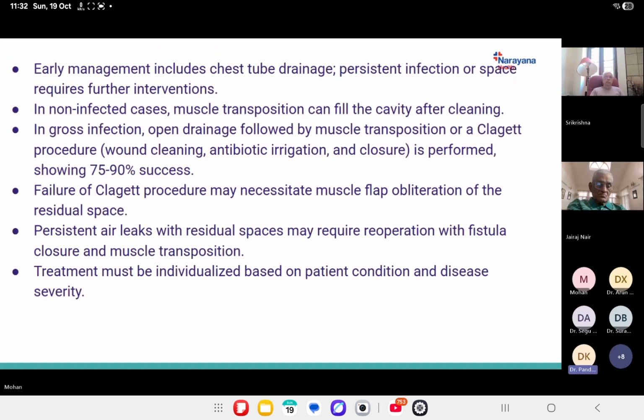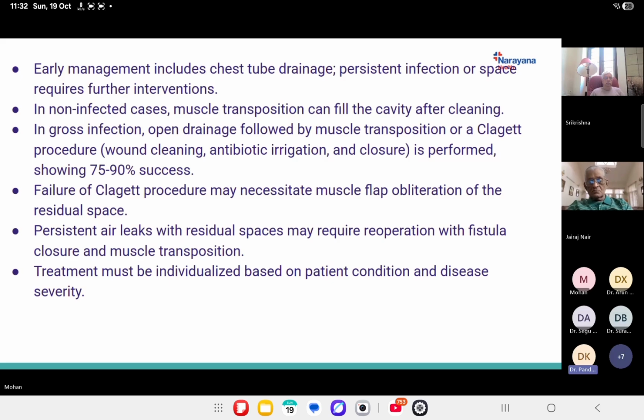Early management includes chest tube drainage; persistent infection or space requires further interventions. In non-infected cases, muscle transposition can fill the cavity after cleaning. In gross infection, open drainage followed by muscle transposition or a Claggett procedure, that is wound cleaning, antibiotic irrigation and